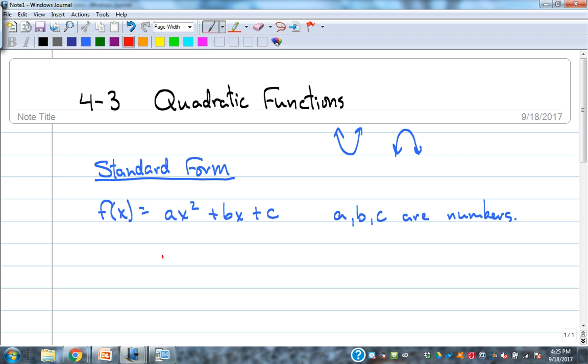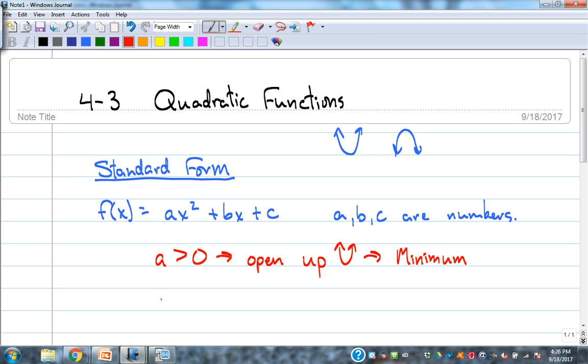If it's in that form and a is greater than 0, what kind of number is it? A positive number. What that tells you is it's going to open up, in this direction. It'll look like that. And that also implies that you have a minimum. A being positive tells you that it opens up and you have a minimum, which is the lowest point